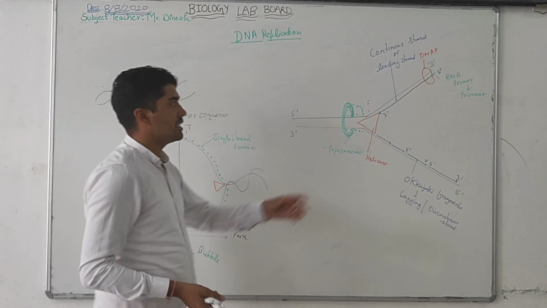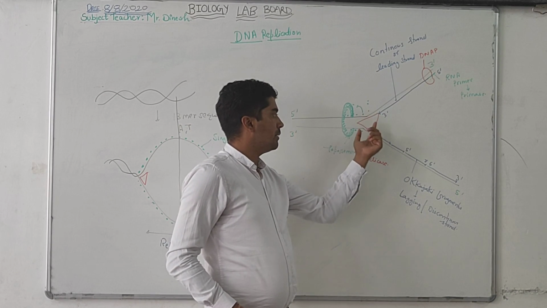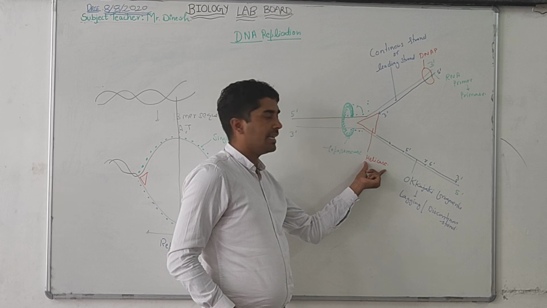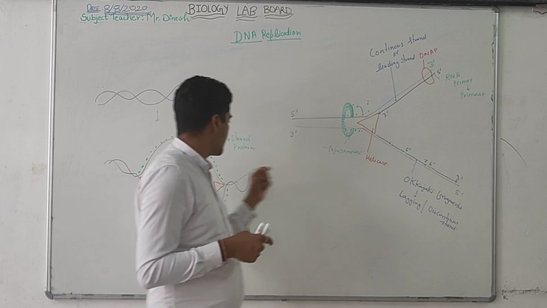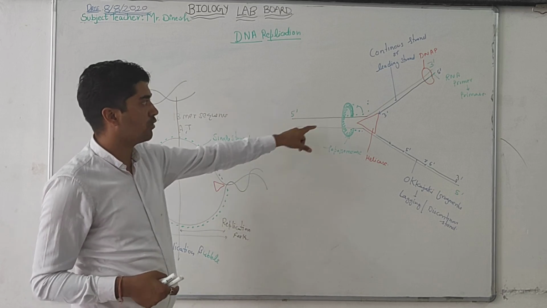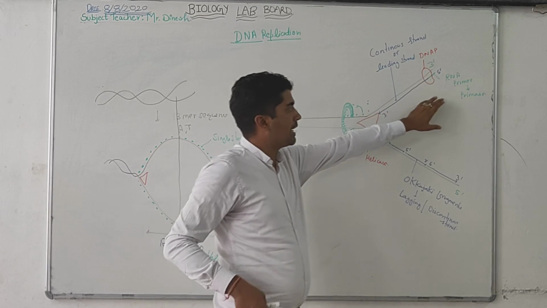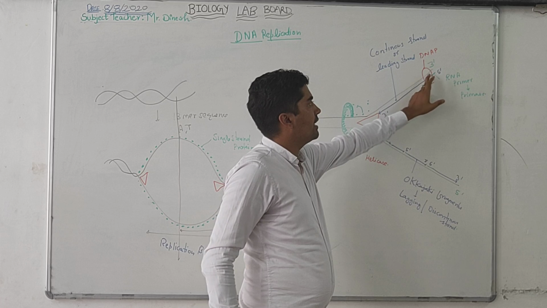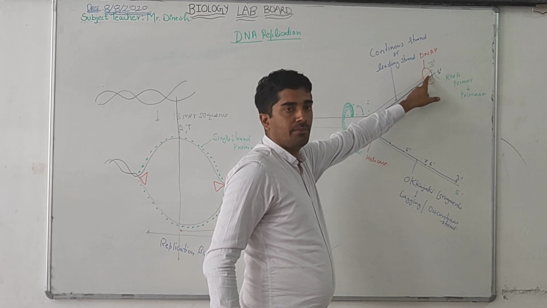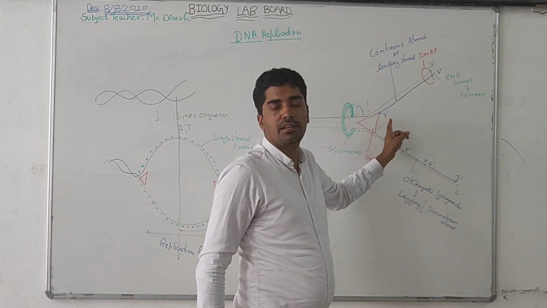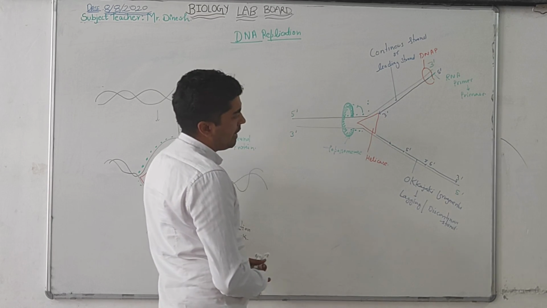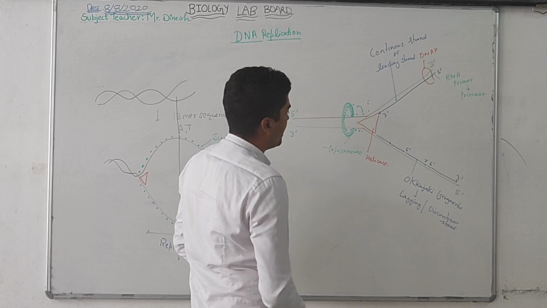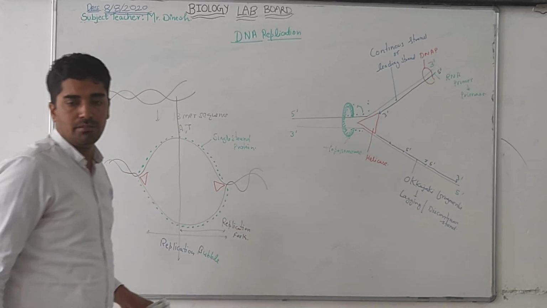So this chain will be formed by the action of the enzyme helicase, and topoisomerase will remove the strain. Because of the coiling of the strand, this strain will be removed by the topoisomerase. RNA primase will add the primer, and DNA polymerase will bind on this primer and start polymerization in the 5' to 3' direction. So this is the condition. Now what will happen on this lagging strand? It will also complete after some time.